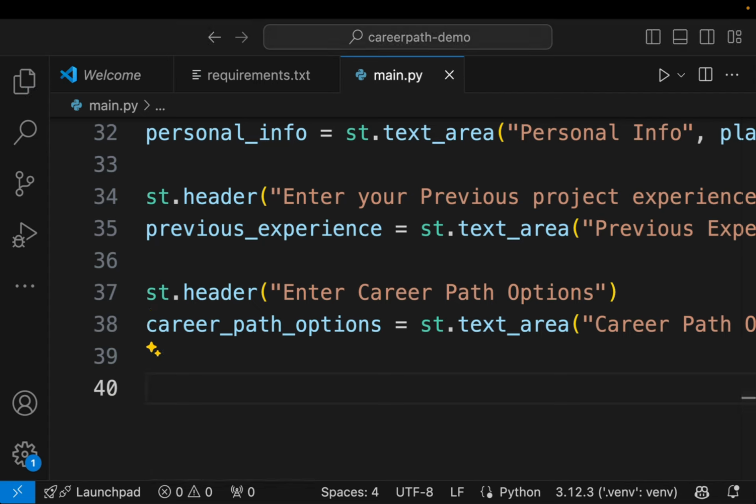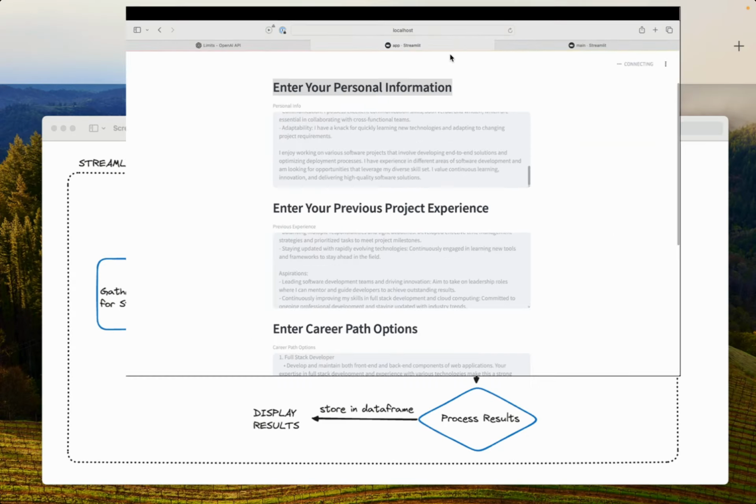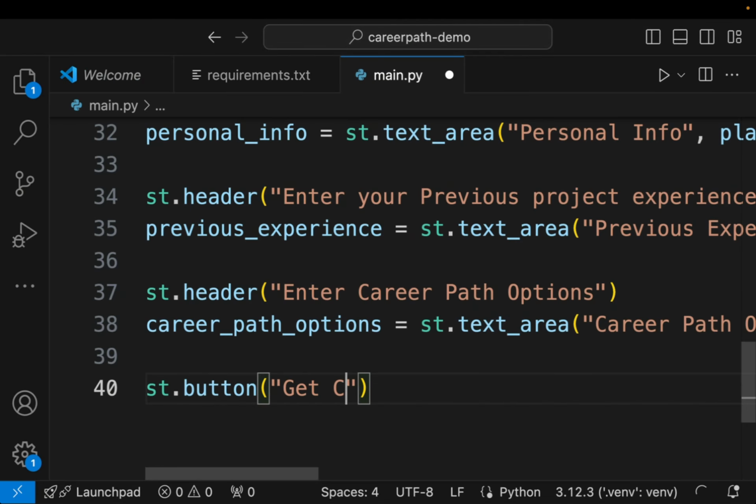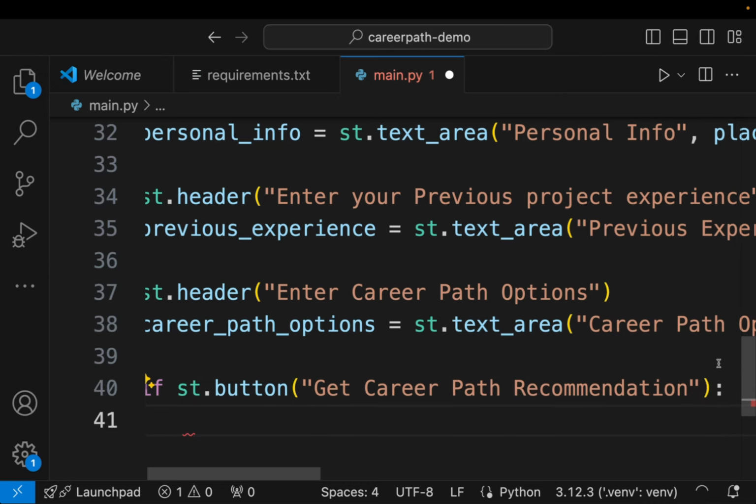Now what I want to do is, whatever the user will input, there should be a button, right? So we can have st dot button, and the button should be called: get career path recommendation. So this is what my button will be called. Now you will see that the button is there. But if you want something to happen when the button is pressed, then the way to do it in Streamlit is we'll say if st dot button,